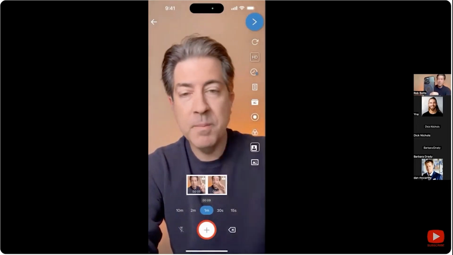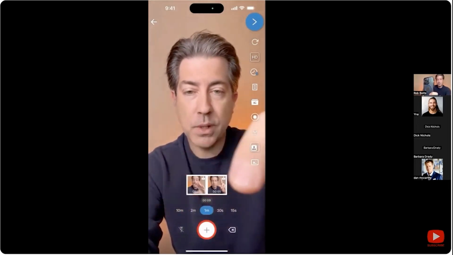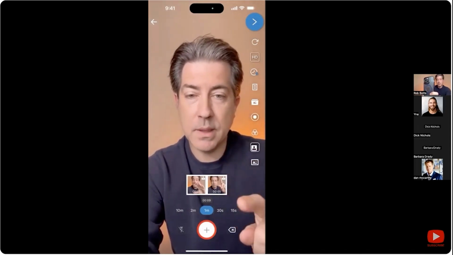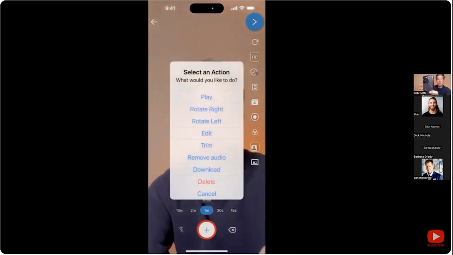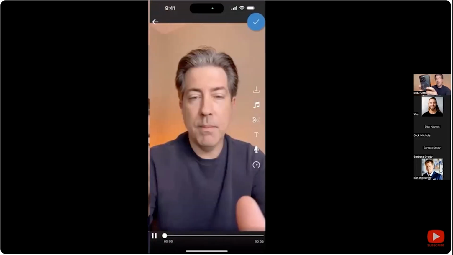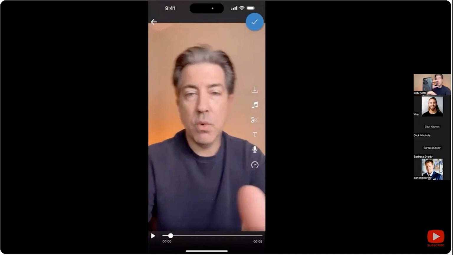Now, just like the desktop app, I can physically move these. I can take my finger, tap one here, and slide it. So I can move them wherever I want to. I can also delete a clip by tapping the little X at the bottom, or I can tap a clip here, hit delete, I can trim, and if I select edit, I have the ability to add a whole library